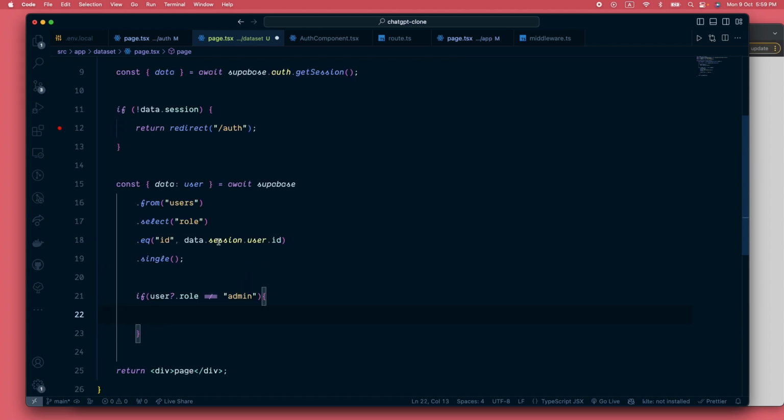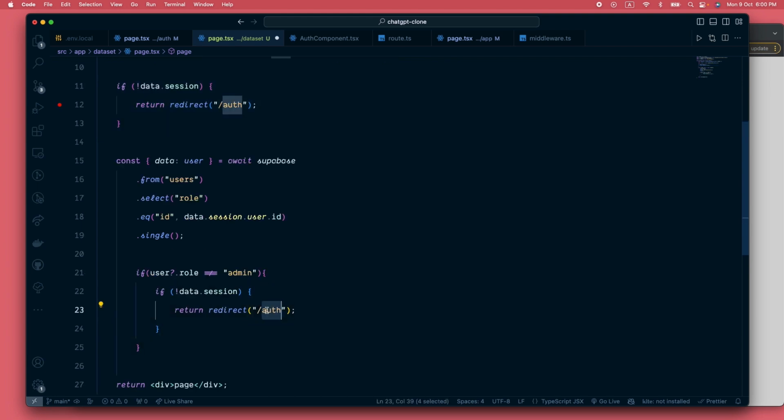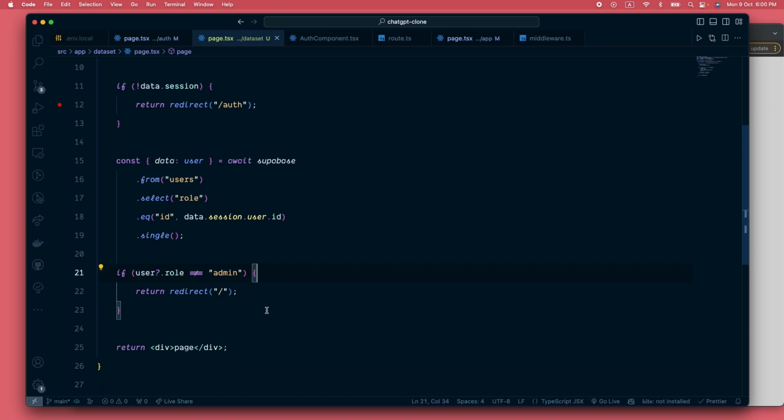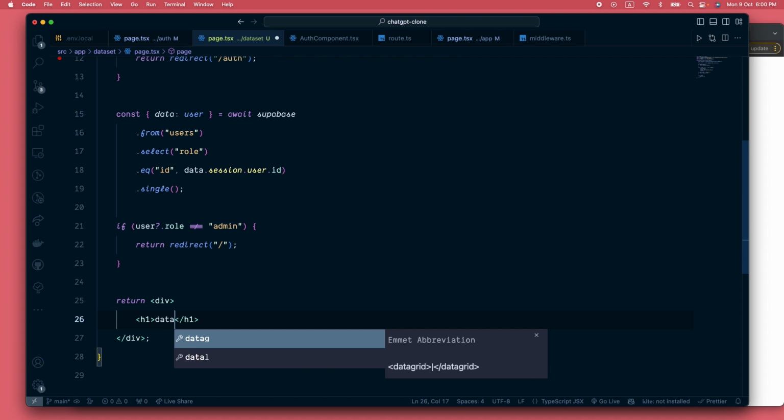So if it's not equal, we're gonna do the same thing. We're gonna redirect them back to the home page. Not if session again, but if this one. Okay, so if the role is not admin, we're gonna redirect them to the home page, and if not, we can just stay here. So right now I'm gonna do this one as a data set,